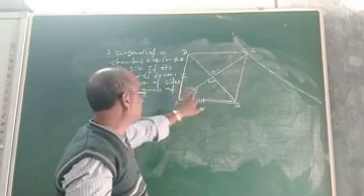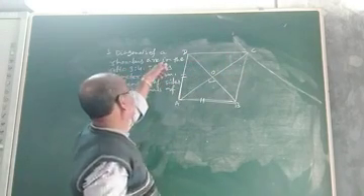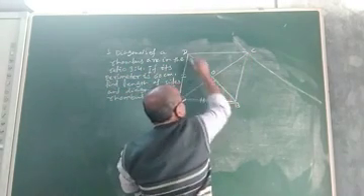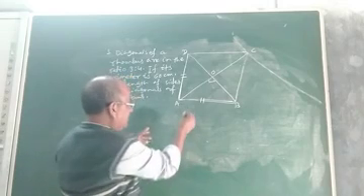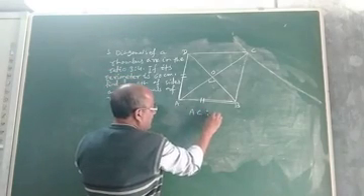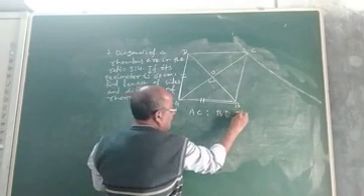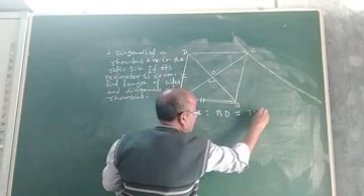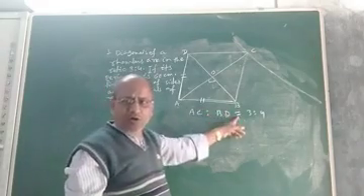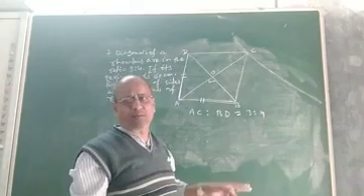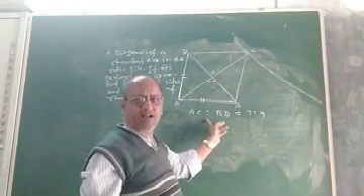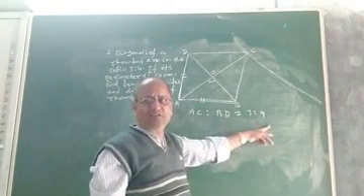So what is the question? The question is, if ABCD is a rhombus, and look at the two diagonals AC and BD. Suppose it is given that the two diagonals AC and BD are in the ratio 3:4. We do not know the length of each diagonal of rhombus ABCD. It is given that they are in the ratio 3:4.